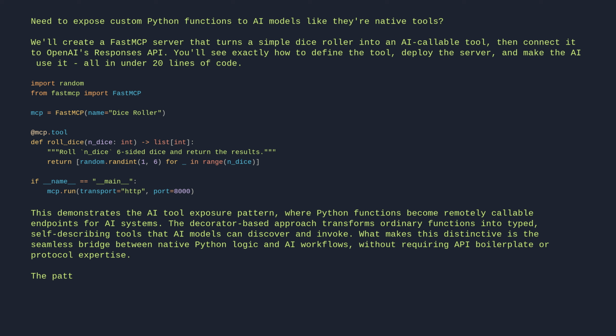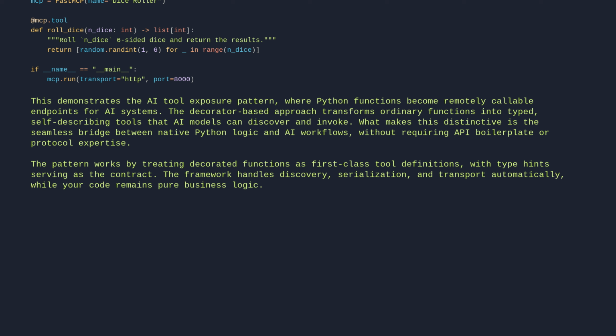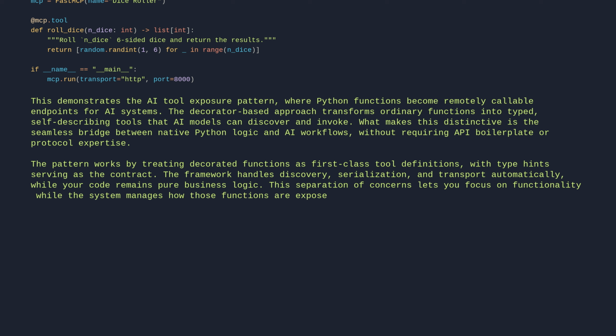The pattern works by treating decorated functions as first-class tool definitions, with type hints serving as the contract. The framework handles discovery, serialization, and transport automatically, while your code remains pure business logic. This separation of concerns lets you focus on functionality, while the system manages how those functions are exposed and consumed